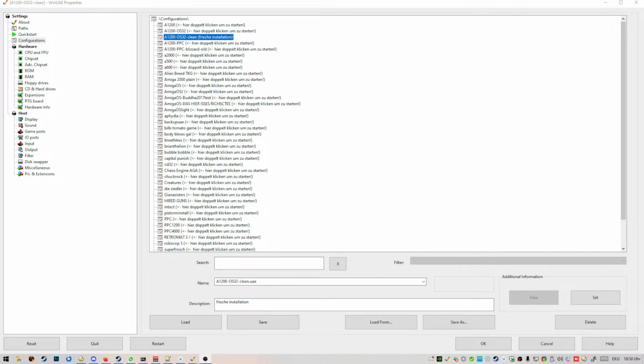Today is a Sunday evening and it's getting autumn, and I was thinking, why not install Amiga OS the way I want? It might give some insights to people trying to figure out how the Amiga operating system works. But after all, it's just me now installing stuff and explaining stuff and